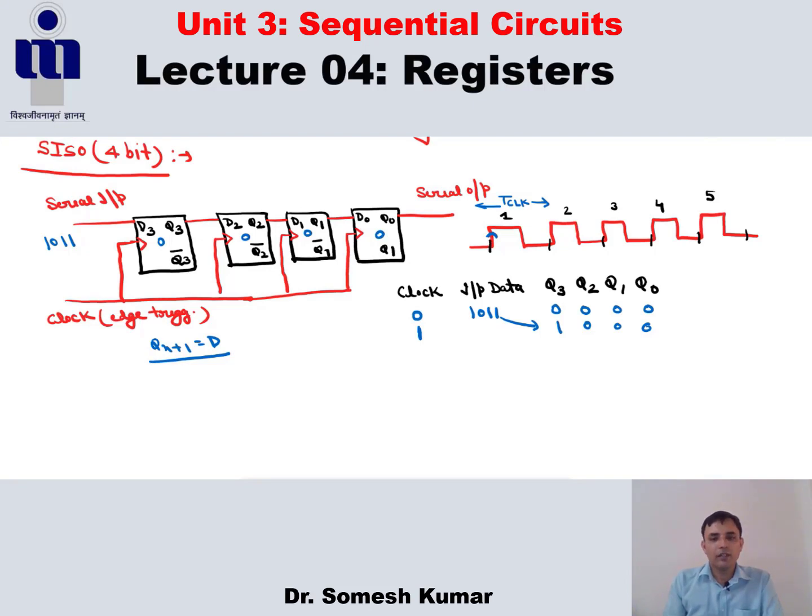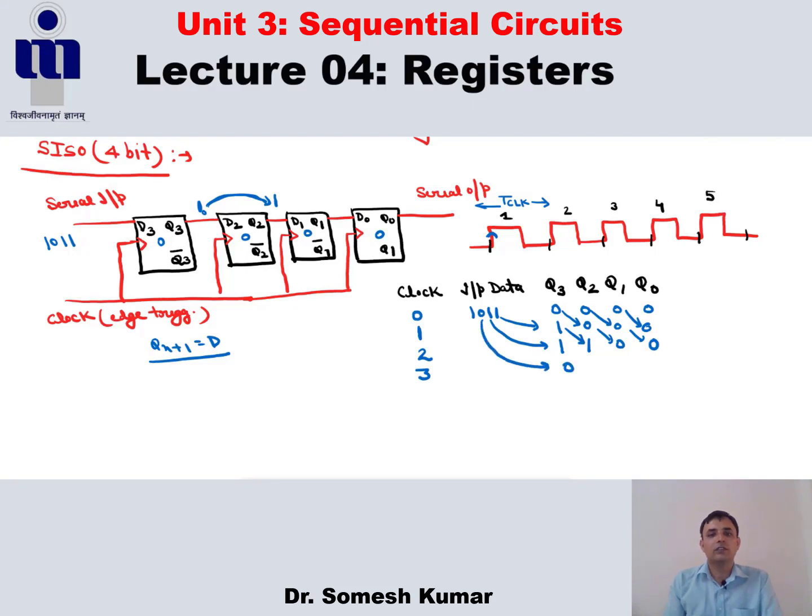Fine. And what happens? This 0 is propagated to here again, because it's already 0 here. This 0 is propagated to here, and this 0 is propagated to here. Fine. So what happens in the first clock? Now in the second clock, what happens? This 1 is propagated here, and because the next 1 comes, now this 1 is propagated to this Q2 like this, and this 0 is propagated here, next 0 is propagated here. In the third clock cycle, what happens?